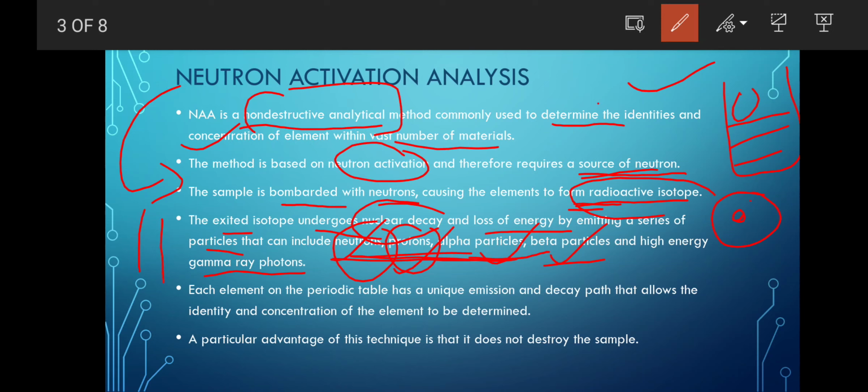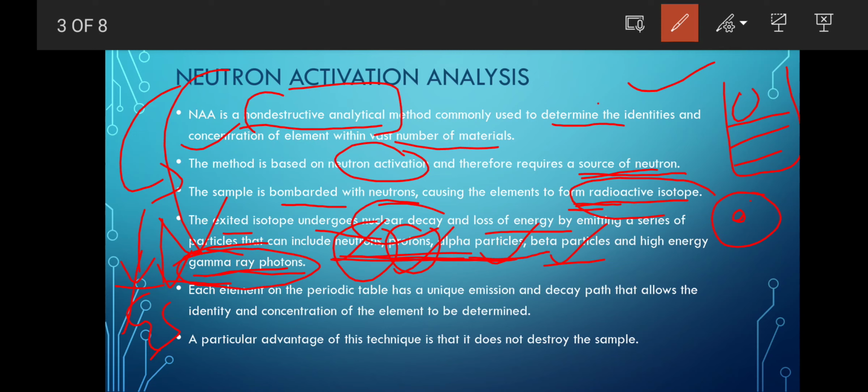Every element has its ground state, right? Whenever they are in the excited state, not in their ground state, they move up to a higher energy. At that energy they need to stay stable, at least for that particular time. So they start giving up their neutron or proton. These gamma rays are very important for neutron activation analysis, because we use special detectors that only detect the gamma rays.